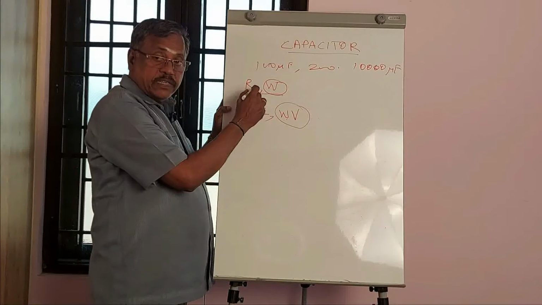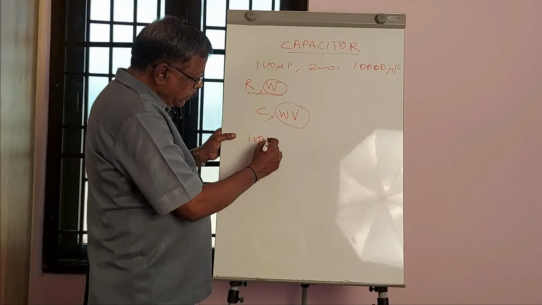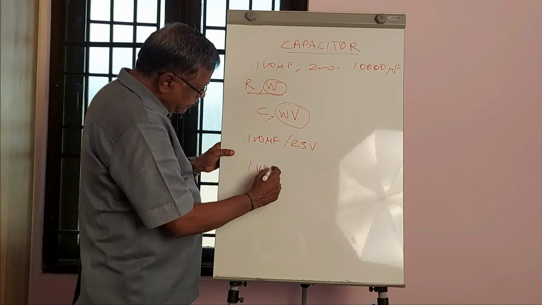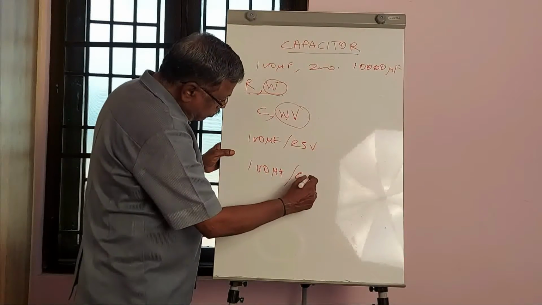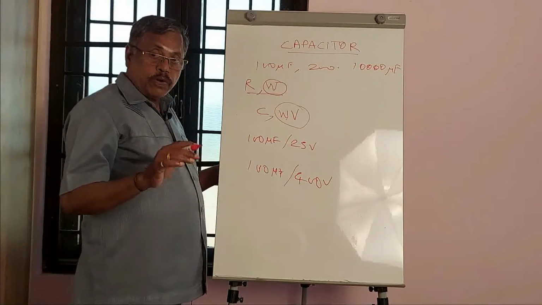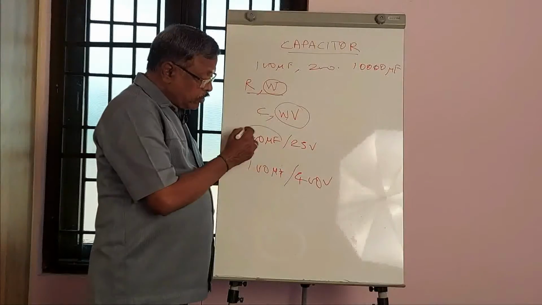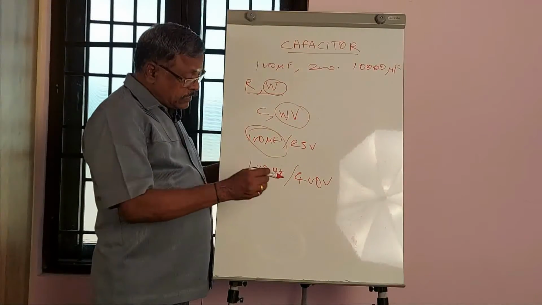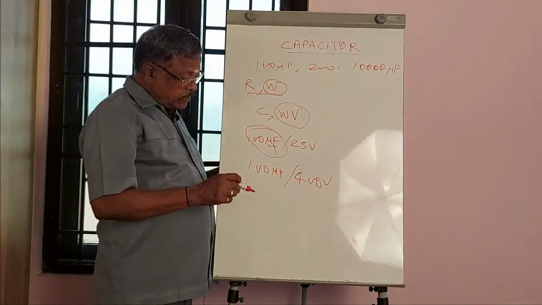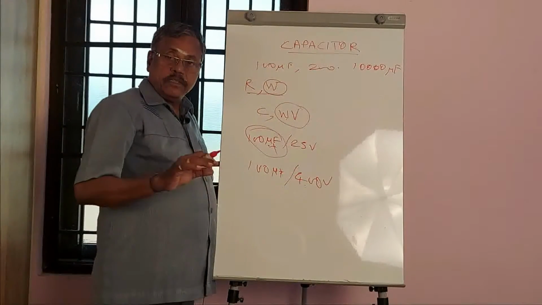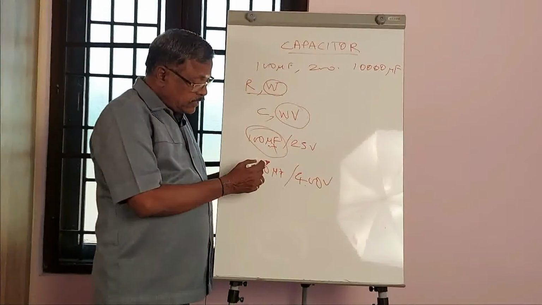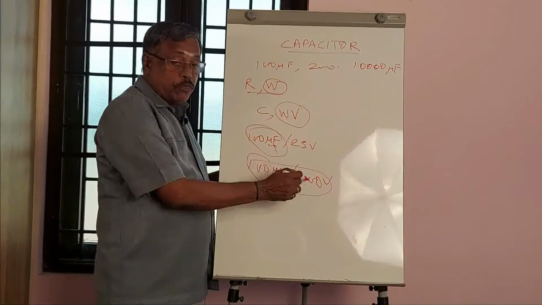Like what I said for the resistor, here a 100 microfarad capacitor may be available with a 25 volt working voltage, and 100 microfarad may also be available with 400 volts. So, in a circuit in which 400 volts is available and you want to filter a particular frequency, 100 microfarad may be useful, but in that condition when 400 volts is available, the 25 volt one cannot be used. In some circuits, the voltage applied may be 25 volts only. For that, there is no need of selecting 100 microfarad at 400 volts.